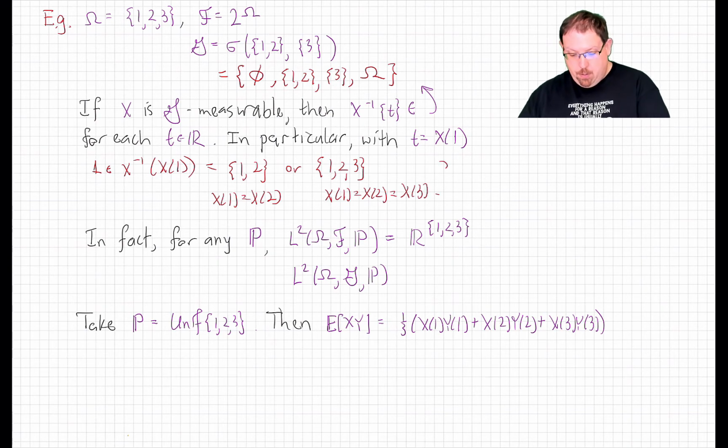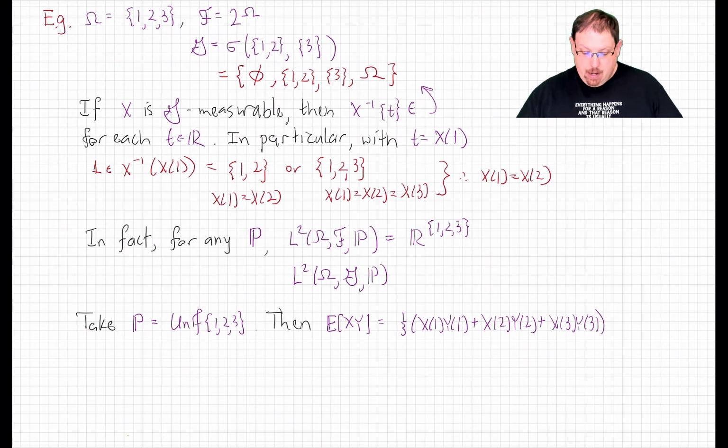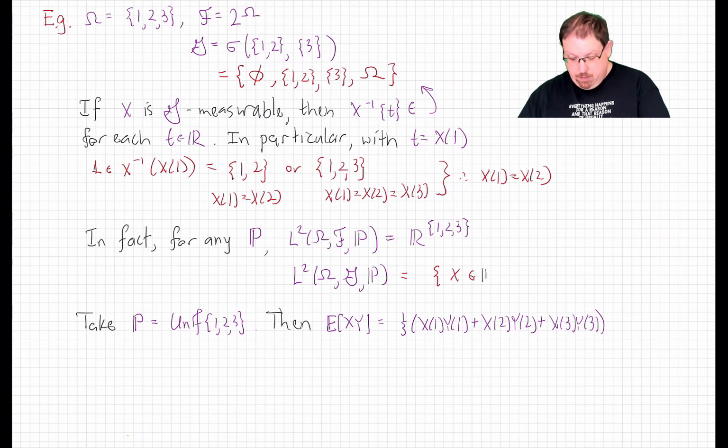So either way, what we've established is that if x is measurable with respect to this sigma field G, x at 1 and x at 2 have to be equal. Now that's really the only constraint here. And so L2, or whatever you want to call the set of all measurable functions with respect to any finite measure on this probability space, exactly consists of all of those functions of 1, 2, 3 that agree on 1